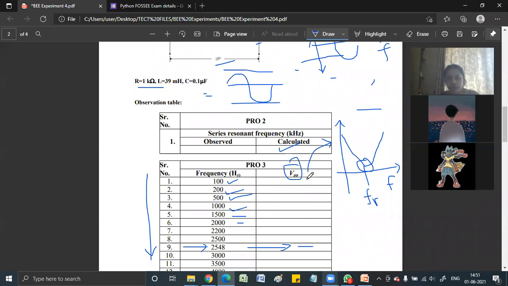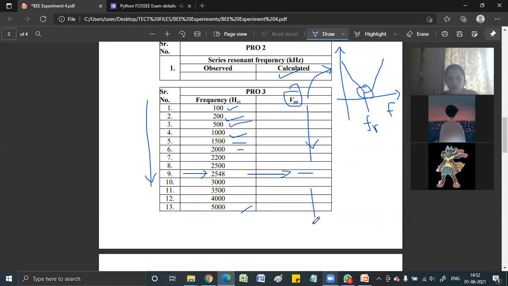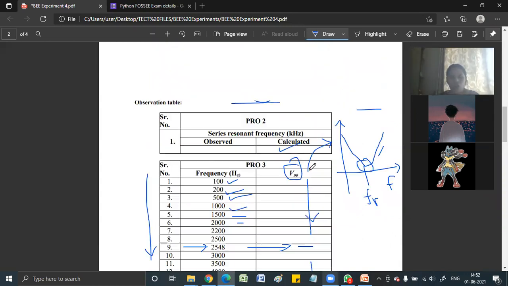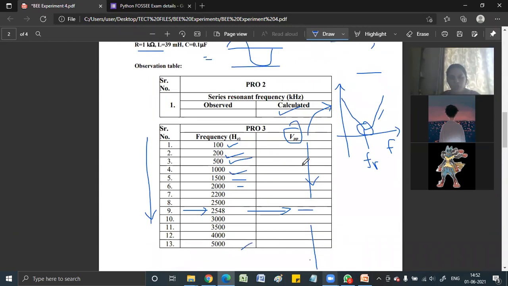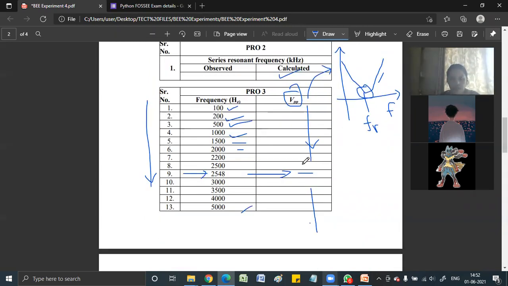So over here, what will happen? You'll have a high value, and the value will go on decreasing, right? After the resonant frequency, the value will go on increasing, this bottom part. It increases like this. So you should be able to get this response on Tinkercad as well. I hope this is clear. Once you find the minimum value of VPP, you check the corresponding input frequency at which you got the minimum value, and that is the resonant frequency that you fill in here. That is the observed value. Is this clear? Yes, ma'am.